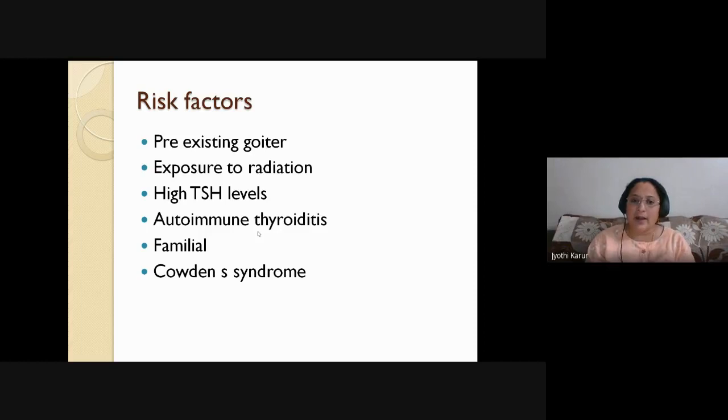And many thyroid cancers are familial. There could be association with other cancers, or they can occur in isolated form. There could be other endocrine malignancies or exclusive thyroid cancers. There is a syndrome called Cowden's syndrome, which also predisposes in families. It is associated with carcinoma thyroid and also colonic lesions.